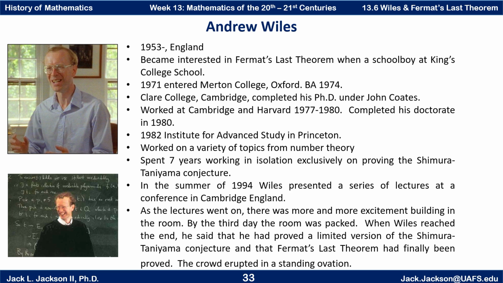And he worked on a variety of topics from number theory. But then when he heard that the Shimura-Taniyama conjecture being proved would be enough to show that Fermat's last theorem was true, he thought, hey, this is an approach that could work. This is an approach that he could actually do. So he basically worked on this in secret by himself for 7 years. He basically abandoned work on other things for the most part and spent 7 years really concentrated on proving this